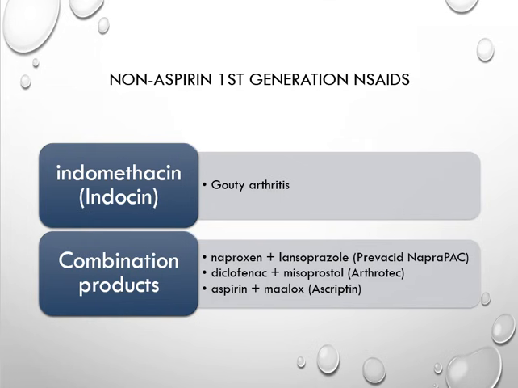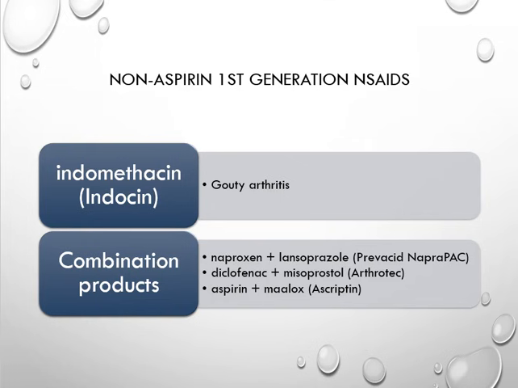Okay, then we're going on to indomethacin, which is Indocin. This is another NSAID that's effective for gout or gouty arthritis. This one you might see combo products made up, naproxen and Prevacid. COX inhibition causes stomach problems, so they put a proton pump inhibitor plus the naproxen, and you get the effect of both. And then diclofenac and